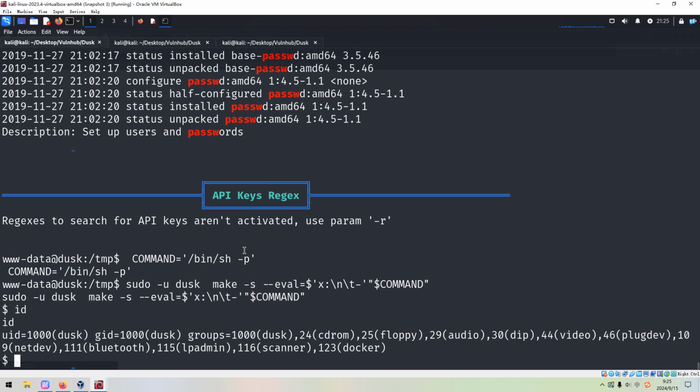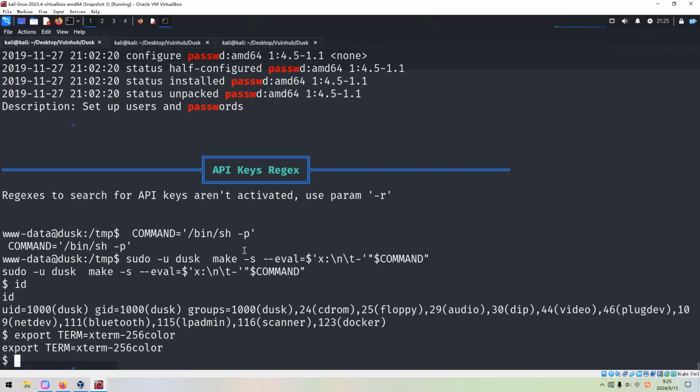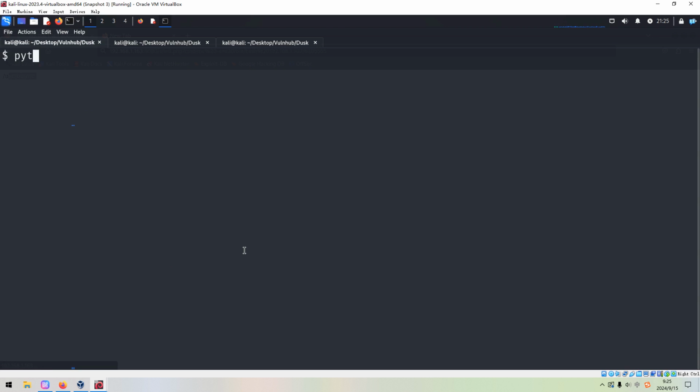made lateral movement, and we can export TERM. So then we can clear the screen, right? Color. Okay.